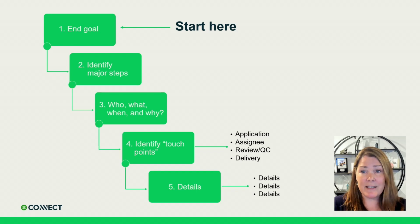We go into our accounting system, we record the bill, and then we pay the bill. So we get the bill, we record the bill, and then we pay the bill. So 3 major steps in that process. Now, if we look at that process across multiple organizations, those 3 steps are always going to be the same regardless of the organization. But for a larger organization that's a little more complex, we may have additional steps that